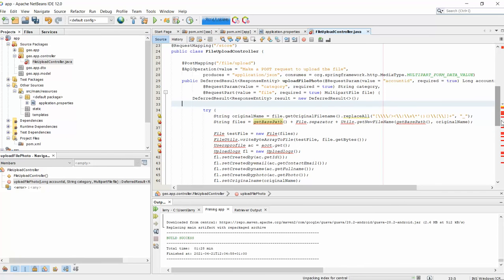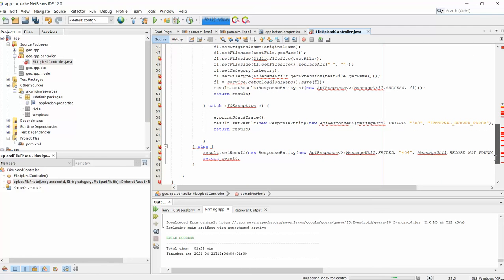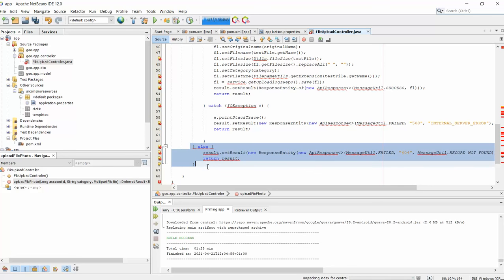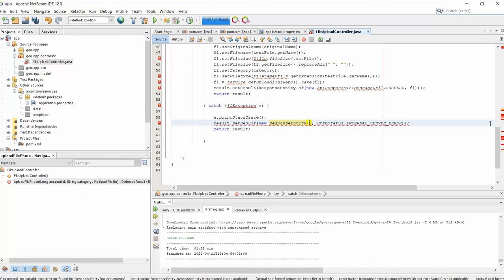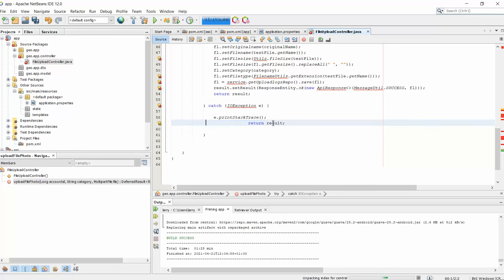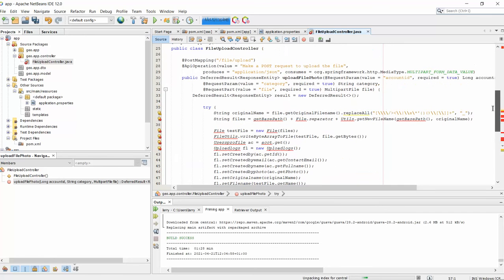Let me remove this. Just hold on. Let's just move this one to the